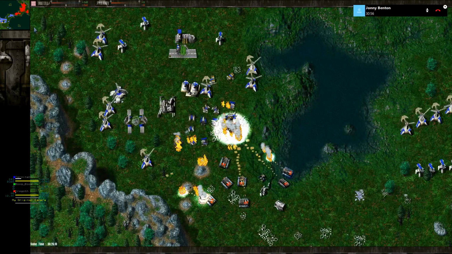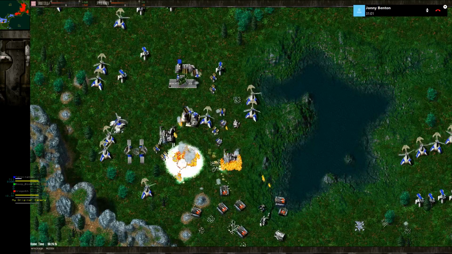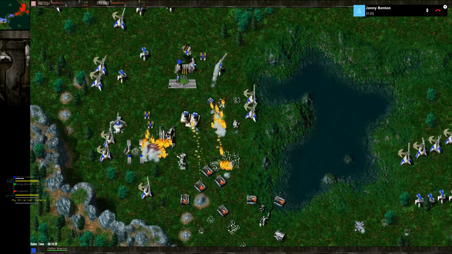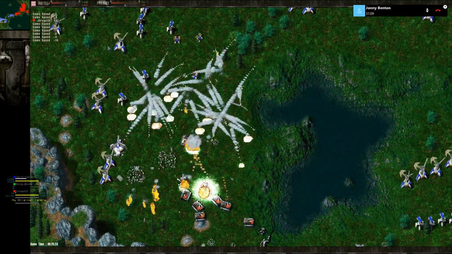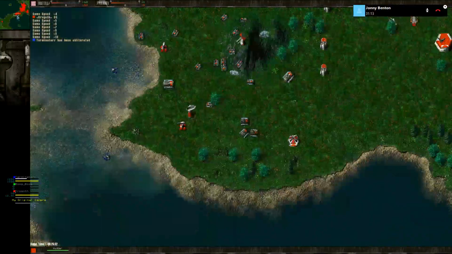We've got 7 Reapers returning to his main base. He doesn't have any defense. He's just about to go down. No spiders. That's GG for Terminator. Looks like the game is over. And congrats